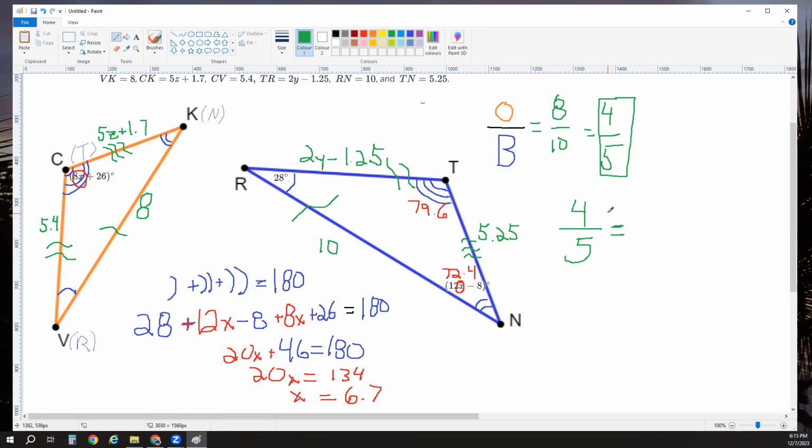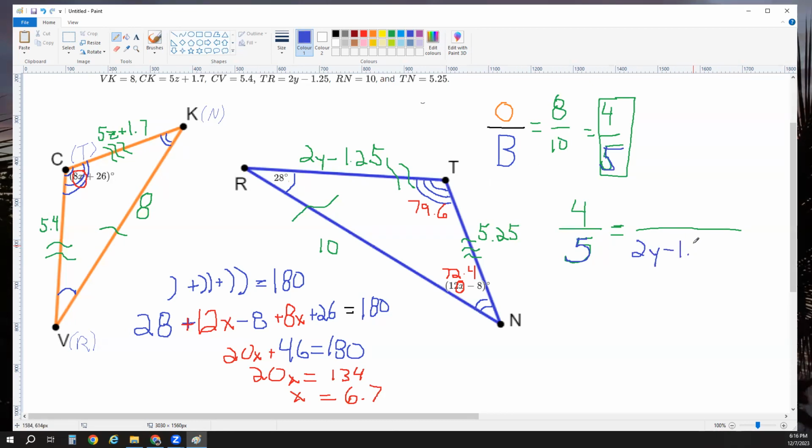It's going to be equal to, I'm going to take the side that I want. We'll say I'm going to solve for RT. RT is going to be on the big one. So this is my blue one right here on the bottom. This is my blue, my 5. Number 5 was on the bottom. 4/5, right? So it's going to be 2y